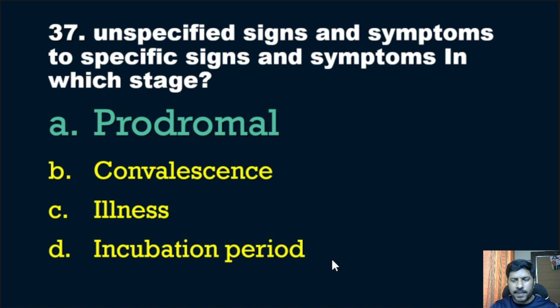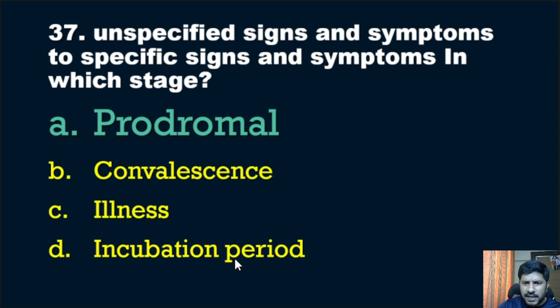Correct answer, prodromal stage. The stages of disease are divided into 5 stages. First one is incubation period. In that, the entry of microorganisms occurs. Then there will be unspecified symptoms. Sometimes it will be a fever or sometimes body pain. Like that, unspecified